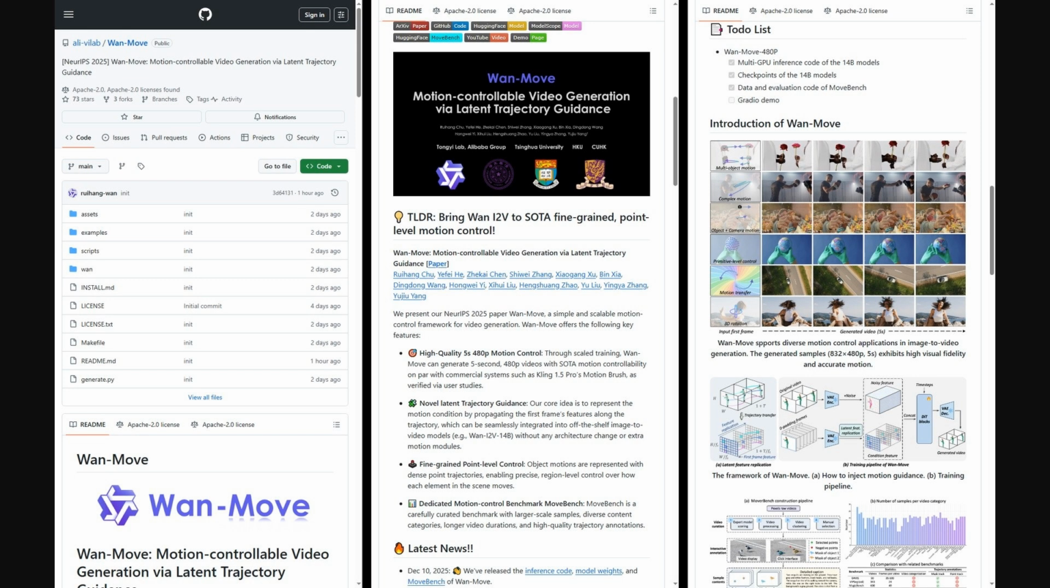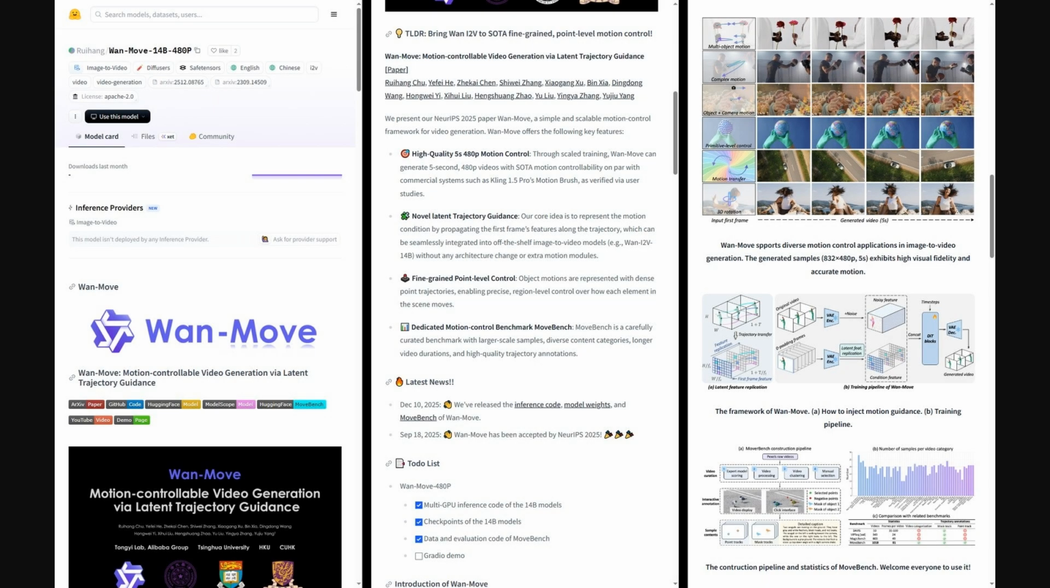Also, the author shared a GitHub repo for Wan-Move. There you get the full inference code, model setup via requirements in PyProject, scripts for single and multi-GPU generation, the Move Bench evaluation toolkit, and a ready-made example case with images and trajectories, so you can quickly reproduce their controllable videos. On Hugging Face, you'll find the Wan-Move 14 billion parameter weights for 5-second 480p motion-controlled image-to-video generation, plus command-line